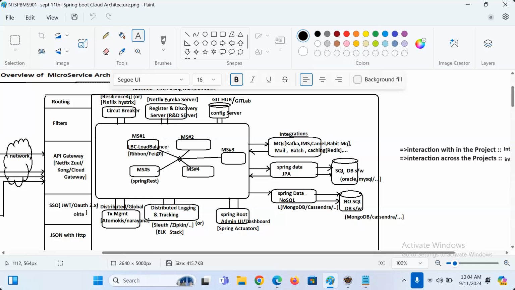Then only they will become discoverable and communicable. That place is nothing but the Eureka server. We register all microservices with the Eureka server.